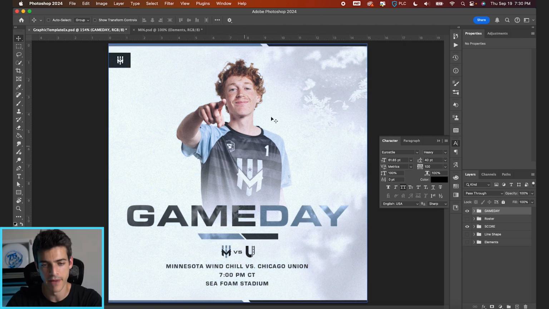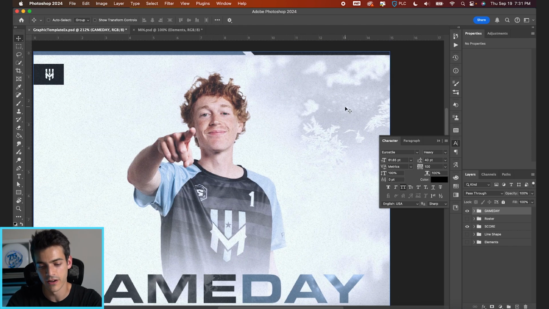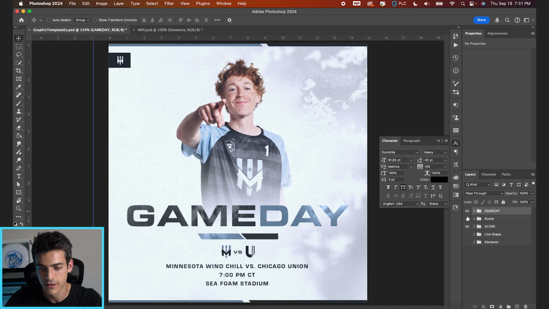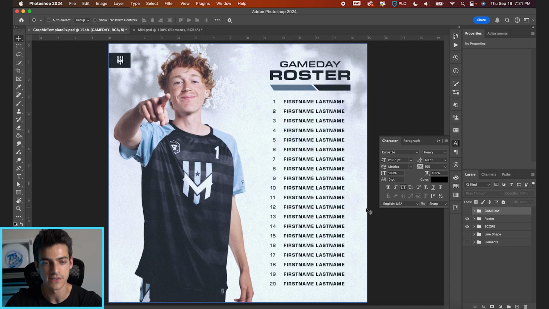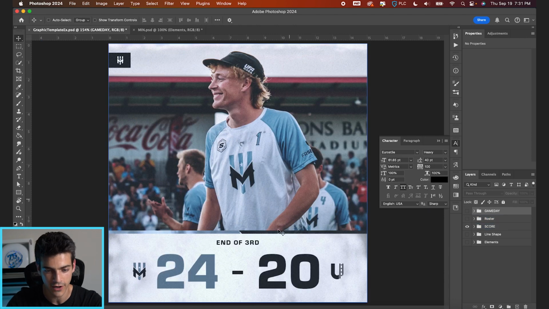Now you'll also see with my backgrounds, I'm using the same kind of frost snowy texture for wind chill, but I am changing it up slightly. Like in this graphic, you've got most of the gray area on the top right and bottom right. For my roster graphic, I rotated it so it's mostly hugging the top of the design. I think for the score graphic, I also rotated it. We're just changing the background in a very subtle way so you get some variety without going too overboard and